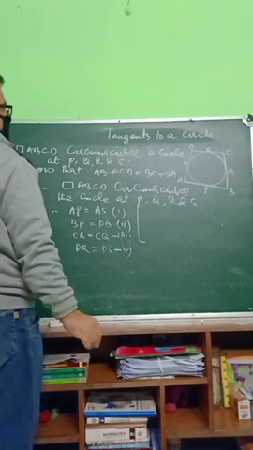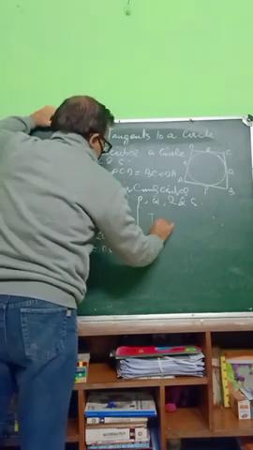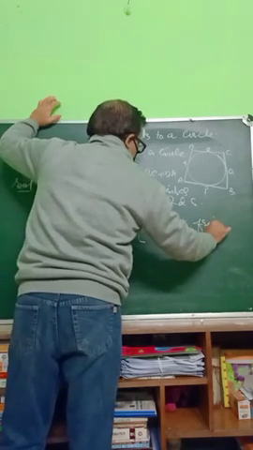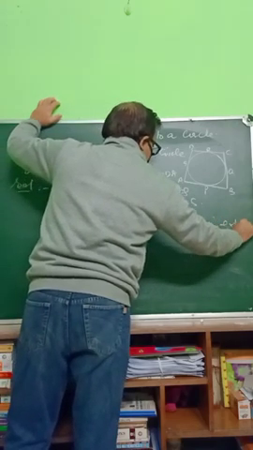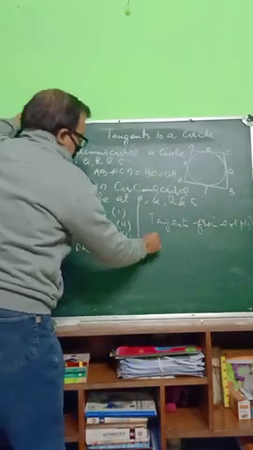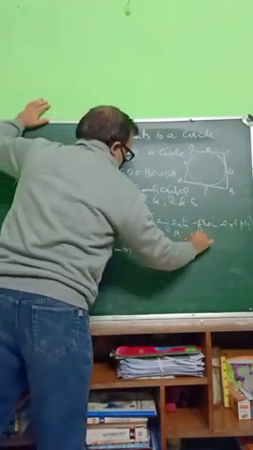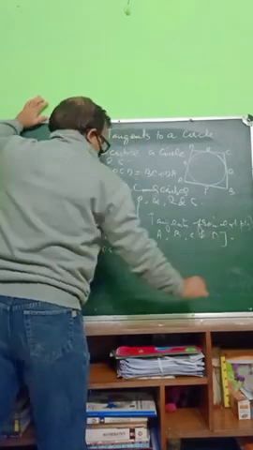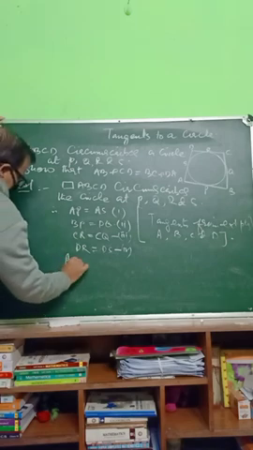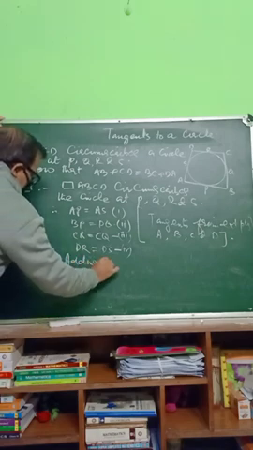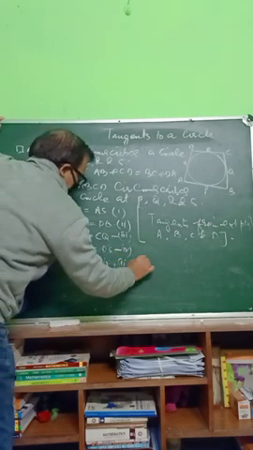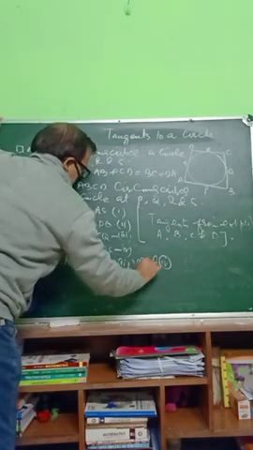Tangent is from external point D. The tangents are from external points A, B, C and D. Adding these all four conditions we get,